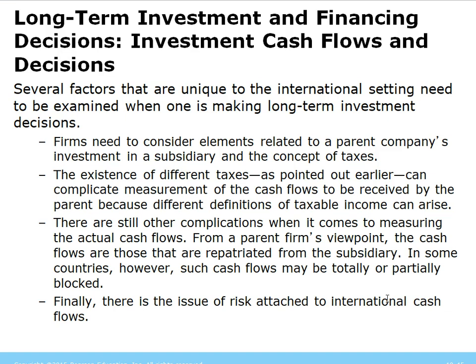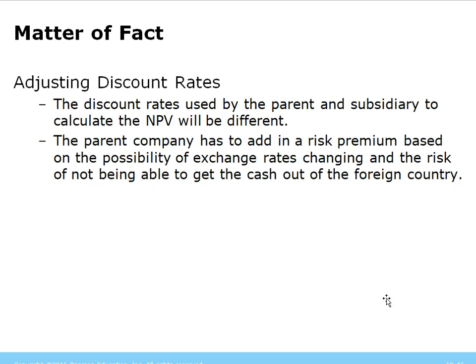And finally, there's an issue of risk attached to international cash flows as far as foreign exchange rates. Now, when we're talking about discount rates, and remember, discount rates are used to calculate net present value, which we learned both in this class and in the finance class before this class, the parent company has to add the risk premium to their discount rate when calculating the cash flows and the possibility of exchange rate changing between companies when they're looking at cashing out or developing properties in a